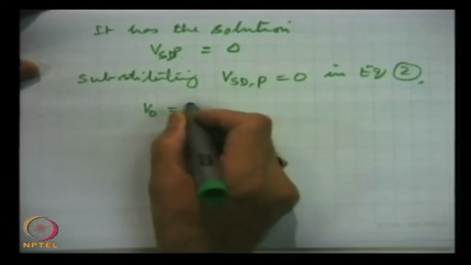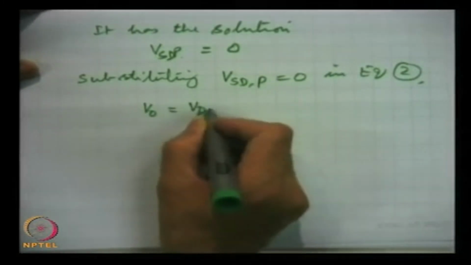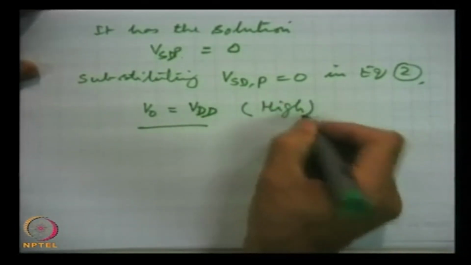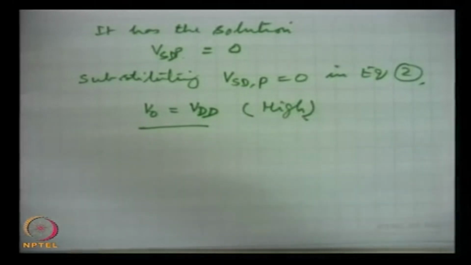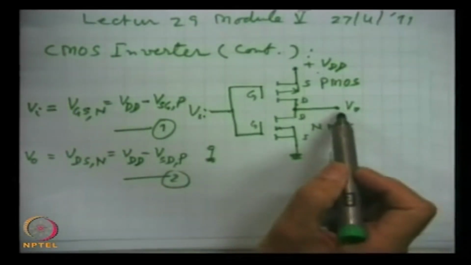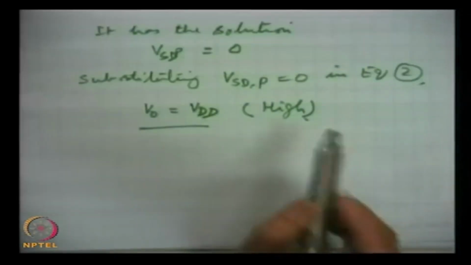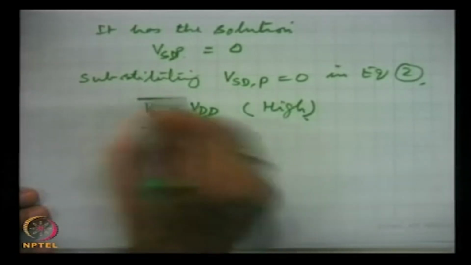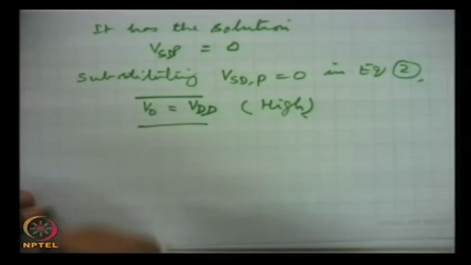equal to VDD, that is high. This is what we expect from the inverter. In the inverter, when the input is low, the case under consideration, then it results into high output, and this is what we are getting. So, this is case 1 that completes,